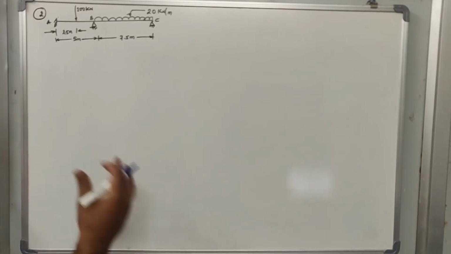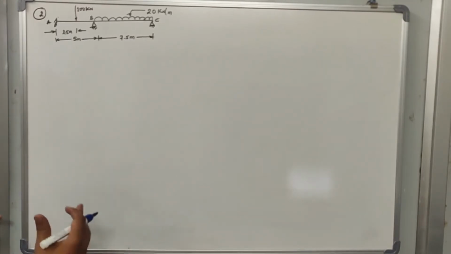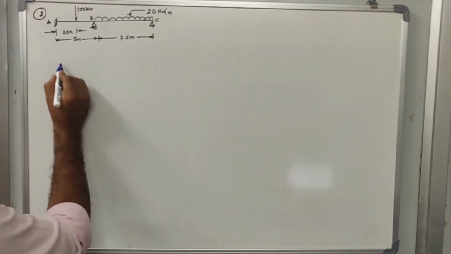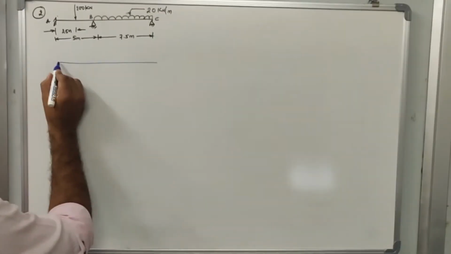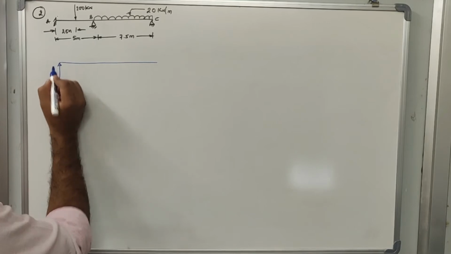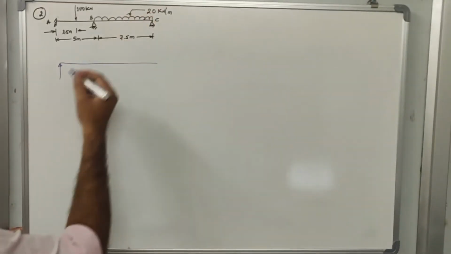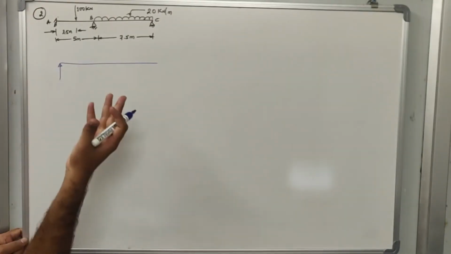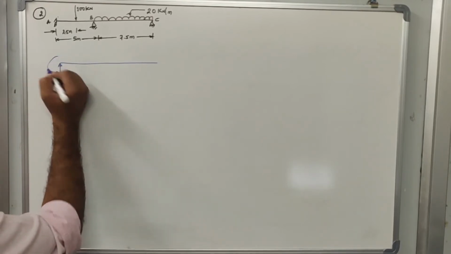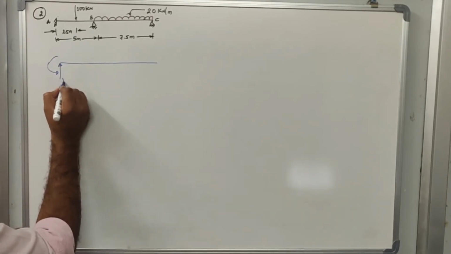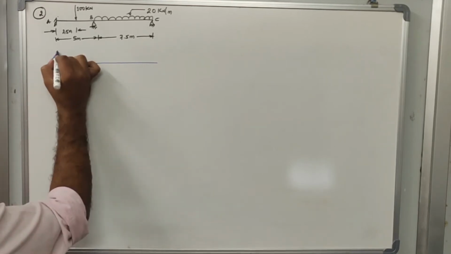To resolve the static indeterminacy, what I usually do is draw the free body diagram. So let me draw the free body diagram for this. This is your beam. At fixed support, as you know, there is no horizontal force, therefore no horizontal reaction will be developed. So there will be a vertical reaction and then a moment reaction. Let me call this vertical reaction VA and this MAB.